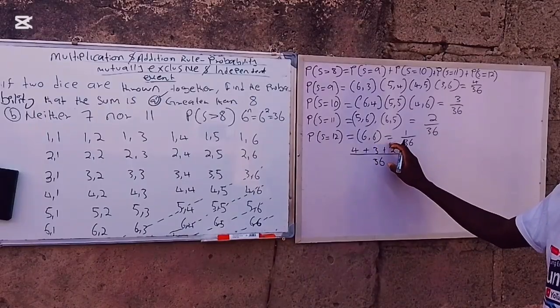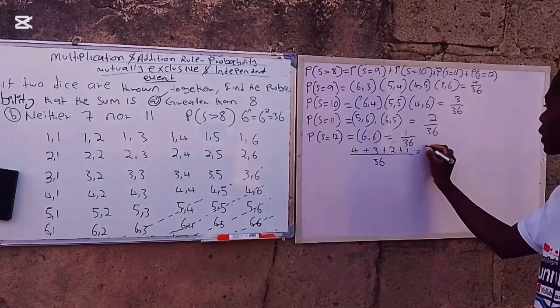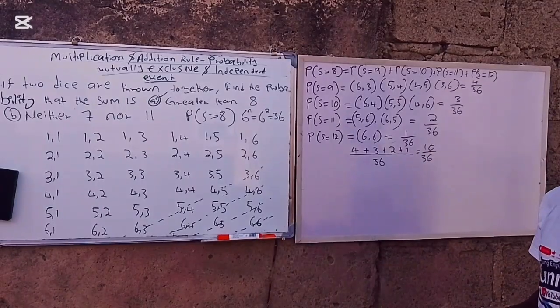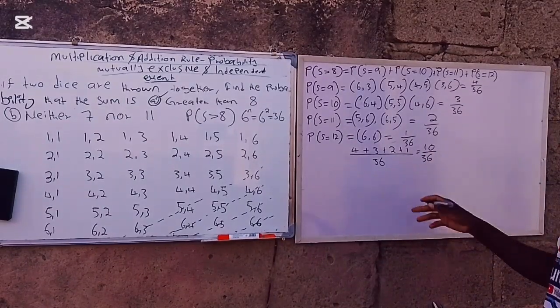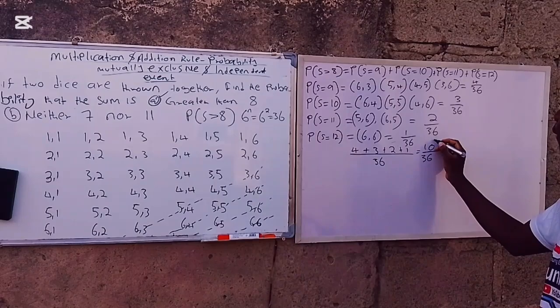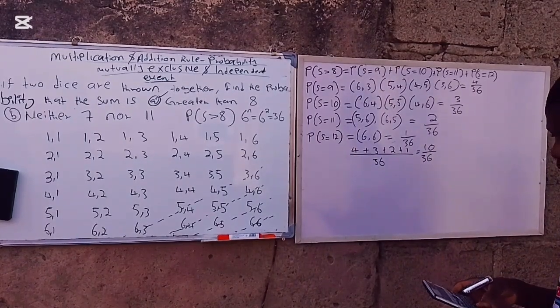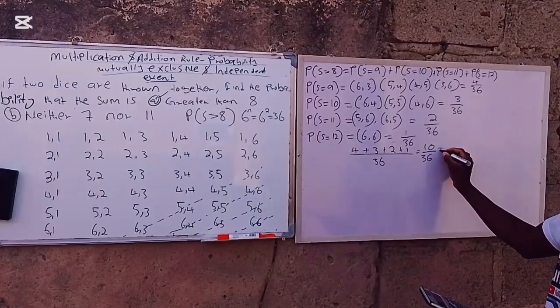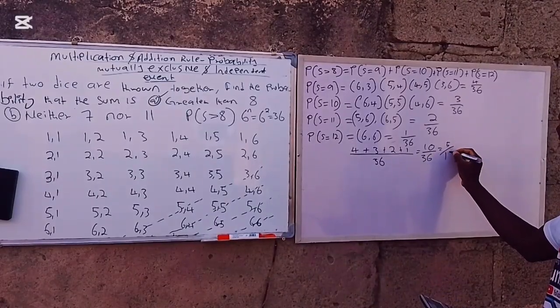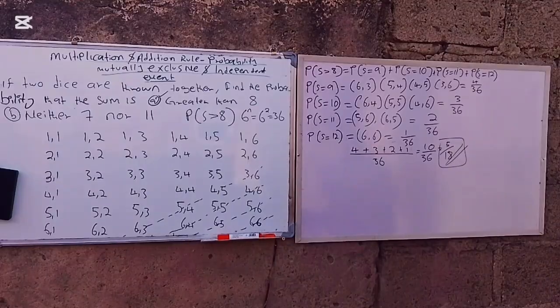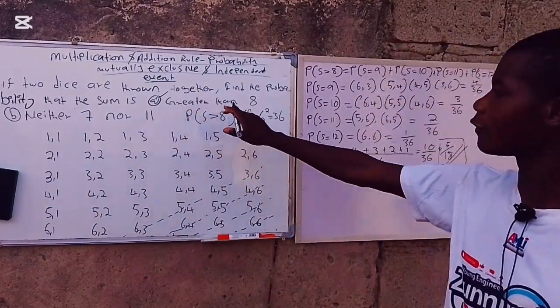7 plus 2, I'll get 9. 9 plus 1, I'll get 10. 10 divided by the value of 36. So if I say 10 divided by the value of 36, automatically I'll get 5 over 18. So therefore this is the probability of getting